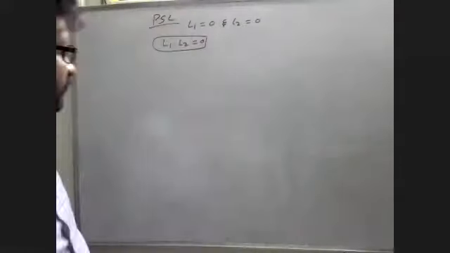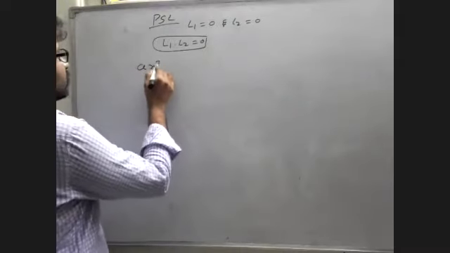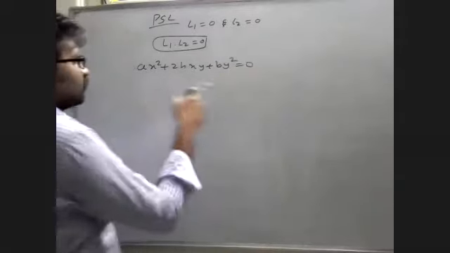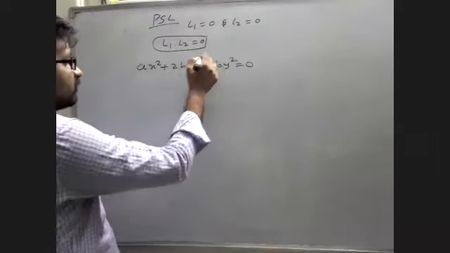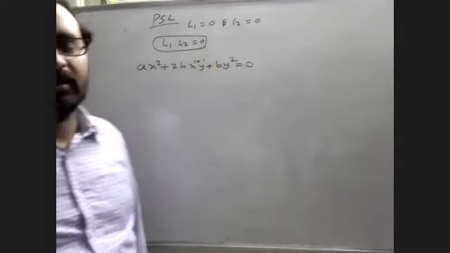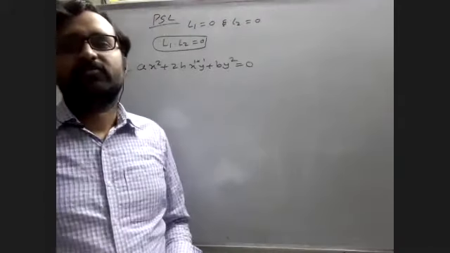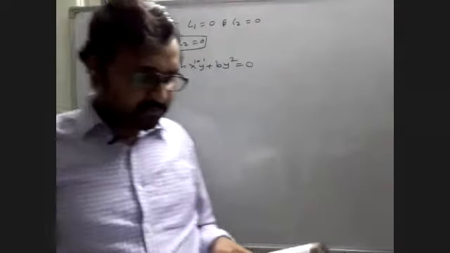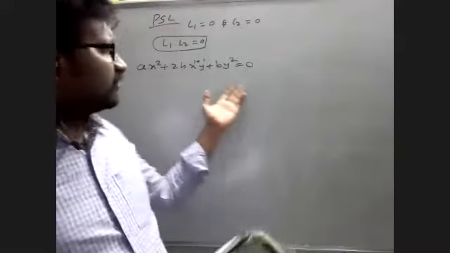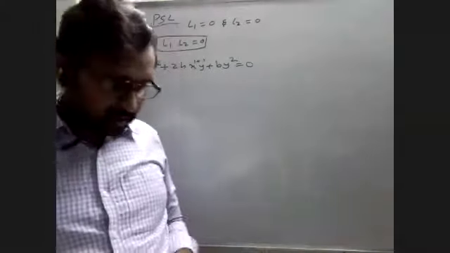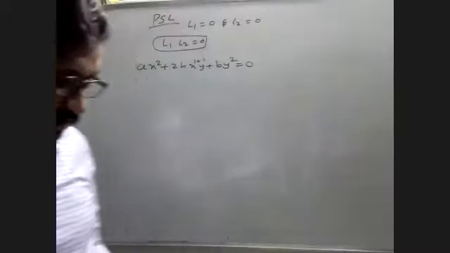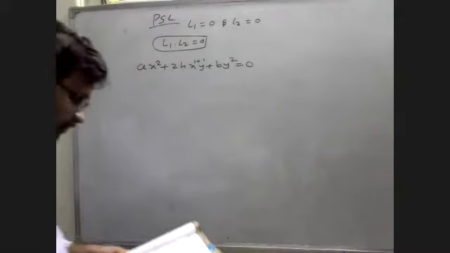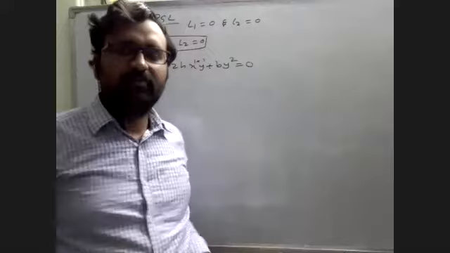So in pair of straight lines we have homogeneous pair of straight lines: ax square plus 2hxy plus by square equal to 0. This is a homogeneous pair of straight lines. Power 2 here, x power 1 y power 1, adding 1 plus 1 you will get again 2. So equal power, this is called homogeneous pair of straight lines in terms of x and y. We can write not only 3, we can write up to n. In general the homogeneous equation of the variables we have already, I am not giving that now. That's why I am giving a pair of homogeneous equations.